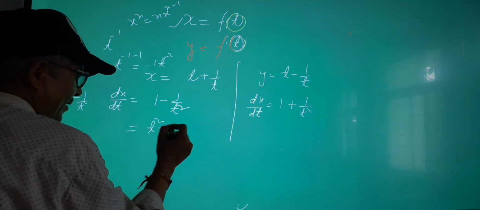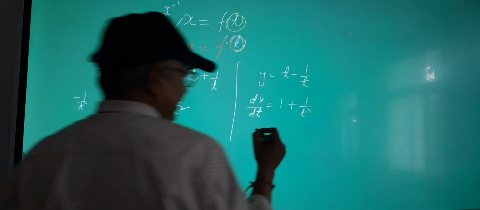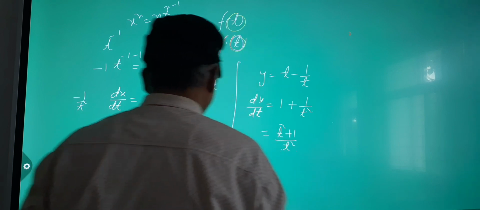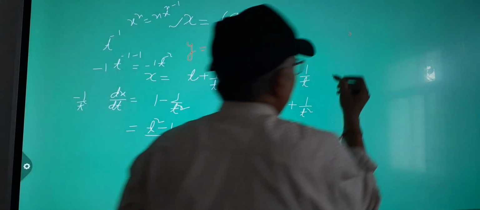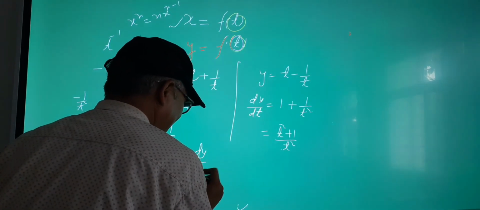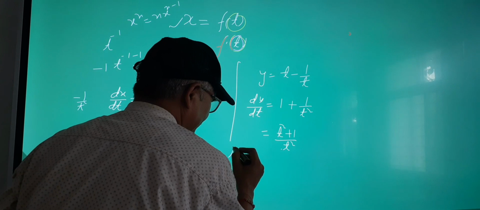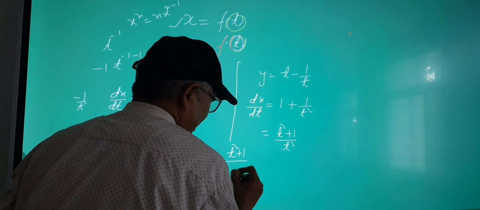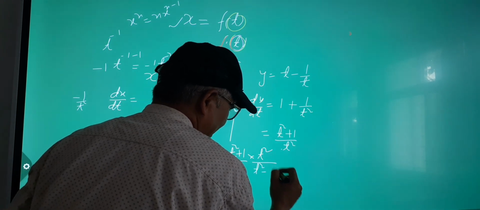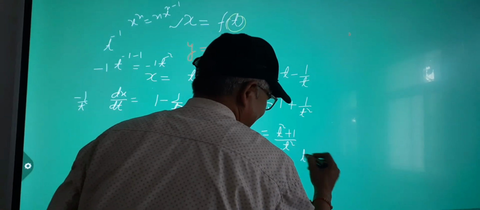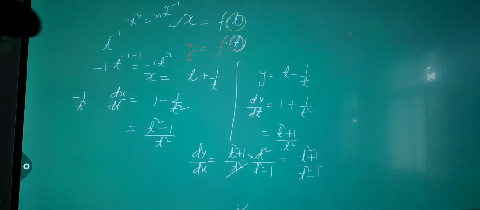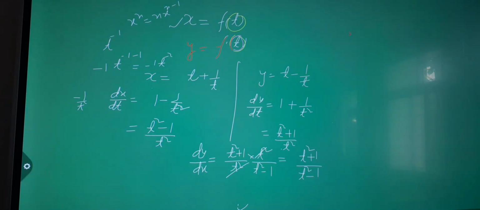So the LCM t square minus 1 upon t square, and it is also t square plus 1 upon t square. So if you find out dy upon dx, it is dy by dx is equal to, so dy वाला ऊपर आएगा t square plus 1 upon t square, और मैंने अभी किया था बेटा, सारे स्टेप नहीं लिखता हूँ, it is t square minus 1, it is cancelled. So result is that is t square plus 1 upon t square minus 1. So this is the solution of this problem.